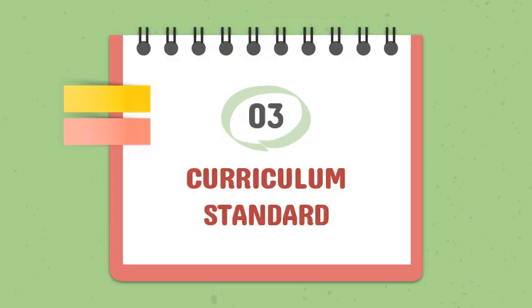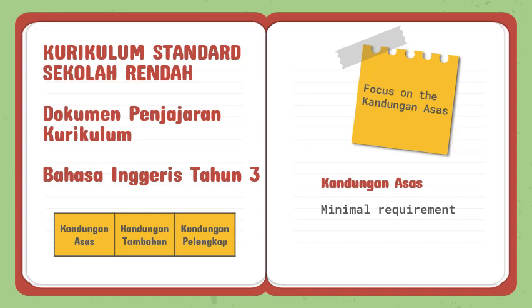Now, let's take a look at the curriculum standard that I use for constructing this scheme of work for Year 3. Currently, I'm using the Dokumen Penjajaran Kurikulum for 2021, and I realized that there are 3 types of content based on the document: the kandungan asas, kandungan tambahan, and kandungan pelengkap. But for me, most of the time, I just focus on the kandungan asas, since to me it is a minimal requirement for my students who have very low proficiency levels in English. So I try to focus on kandungan asas